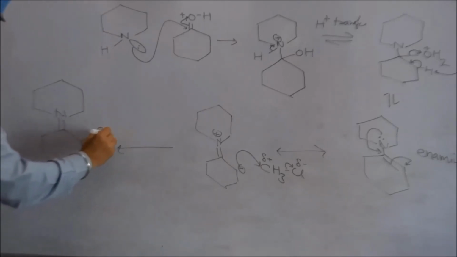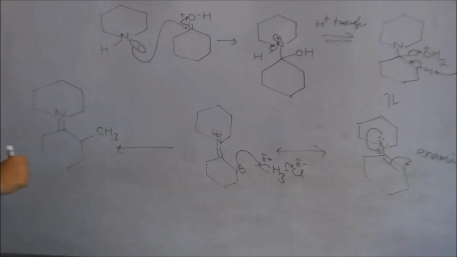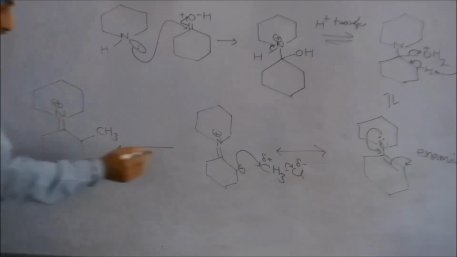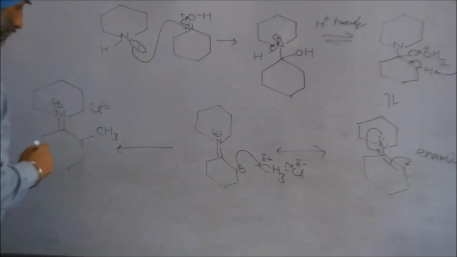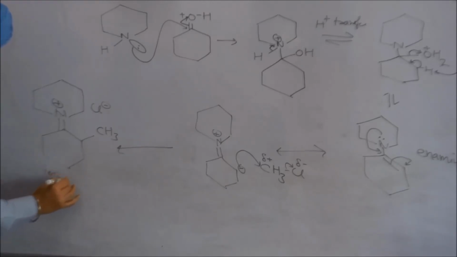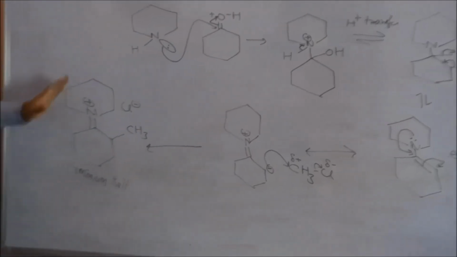Here we have a methyl group substituted at this position. Nitrogen has positive charge. This halogen can be shown here, it is present as a salt. So the name of the salt is iminium salt. Iminium salt can be hydrolyzed. Now the second part is hydrolysis of